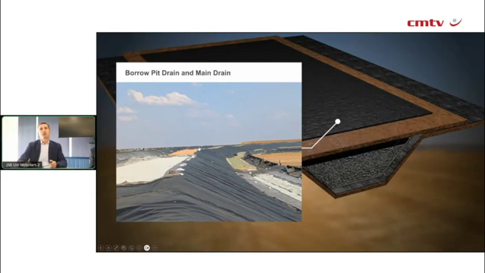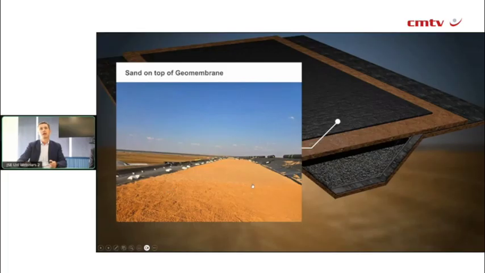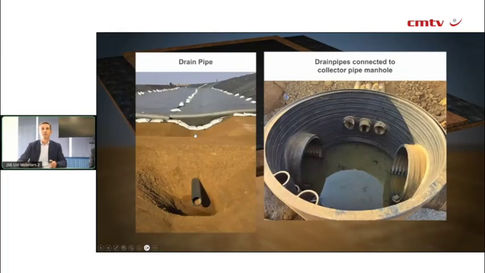Then once you've put the sand layer on top of the geomembrane, we put a sacrificial liner on top of that sand layer. The purpose of the sacrificial liner is to ensure that any dust that's blown over this area does not contaminate the sand layer, because again, that is very fine material which runs the risk of blinding it. So as soon as we start depositing, we'll actually remove the sacrificial green layer you can see there. So essentially what you then end up with is the sand layer, and then all of that material.